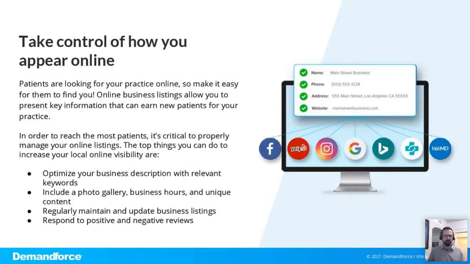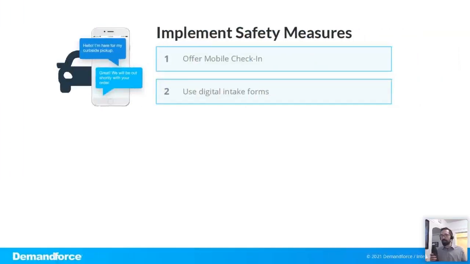Taking control of how you appear online. I think I kind of beat myself to the punch on this one, but making sure that the information is accurate. The name of the business matches the name of the business on this other profile. The address is accurate with the suite number. You know, if there's been a doctor change. I mean, this stuff is easily overlooked, but it's usually easily fixed, and it can have a monumental impact on your overall online reputation. So these are tools that we help with,